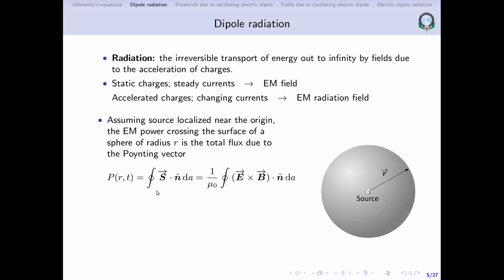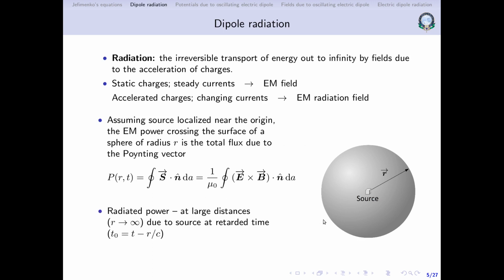You can see here, this is basically the expression for flux, right? So over here we are using the Poynting vector as the vector whose area integral is being calculated. So this is the flux of the Poynting vector. So flux of the Poynting vector is basically the electromagnetic power which is crossing the surface. And of course, since the Poynting vector is time dependent, this power also is going to be time dependent.